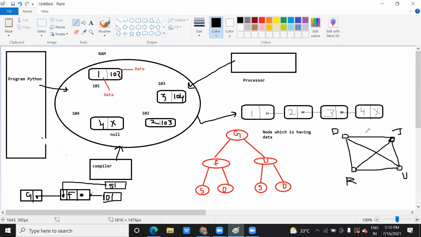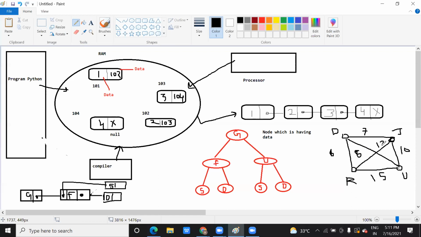Now suppose each edge has some value. Suppose this highway is 7 kilometers, this one is 6 kilometers. I'm just taking a random example. Obviously Delhi and Jammu Kashmir are not at a 7 kilometer distance, but I'm just taking an example. Rajasthan and Uttar Pradesh, maybe let's take 15. Jammu Kashmir and Uttar Pradesh, you can take as 10, and this one you can take as, suppose, 8, meaning D to U, and this R and J you can take as 12.